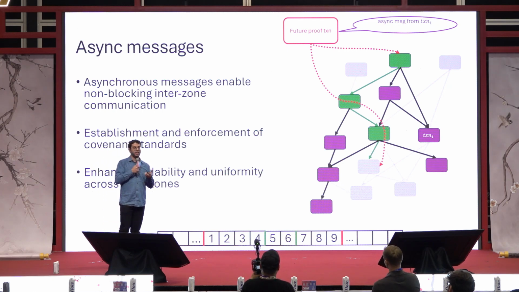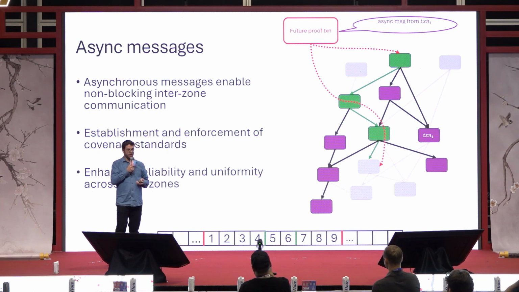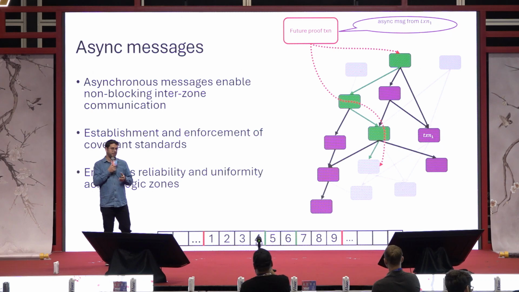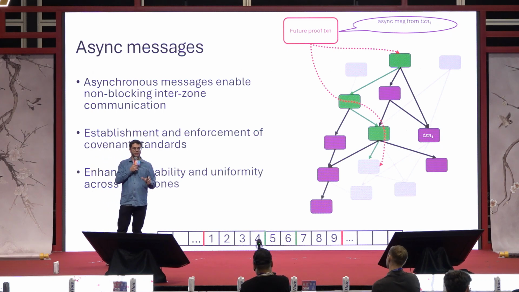And the proof transaction can actually emit an async message if it actually executed TXN1, which you see, and that transaction, when executed on L2, triggered some kind of message that is relevant to another proof system. So it would be output by the future proof transaction as an async message from TXN1. And we want to try to standardize this mechanism, so it's very easy for others to just see this message on L1 and know that it's authenticated and was sent by that specific L2, and the other logic zone would not need to do anything in order to verify the correctness of it, actually just going to get it as an authenticated message. So that's part of what I would call more of a standardization effort.